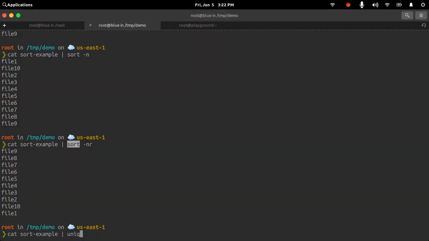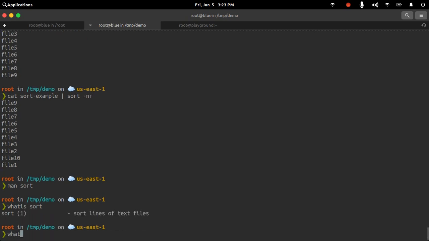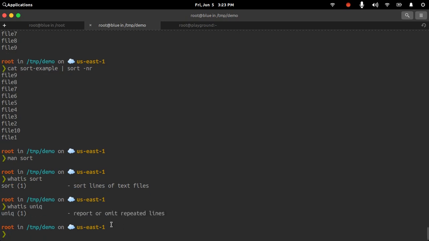Next filter is uniq. If I want to find the duplicates in a file, I would use the uniq filter. Okay, so uniq is used to report or omit duplicate or repeated lines.